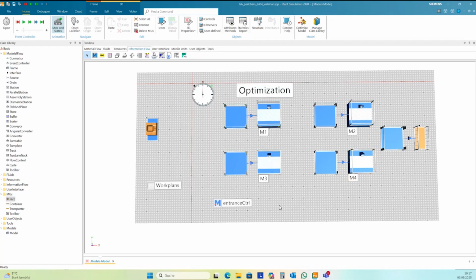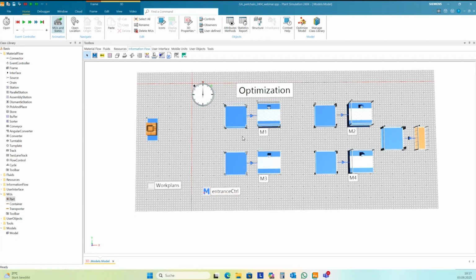Okay, this is the first step. So we get another proc time depending on the work plan of the parts. And then you see it's not connected with connectors here. I don't use flow control to control this flow. I want to control this with the exit control of the station, and I need some method to select the next station based on the work plans of the parts. And so I need another method.